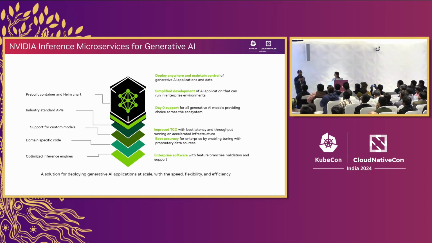And then after that, you need to ensure you have the right model, you have the right inferencing engine, and you need the right model for the right GPU you have. That's a complexity, right? That complexity is what is being avoided by building NIMs, which is NVIDIA Inferencing Microservices, which allows you to just take the NIM and put it on your hardware. The NIM will automatically detect what kind of hardware you have, what is the capability of the hardware in terms of compute and memory, what driver is required, what model will be run there, etc. So that's what NIM is about. And basically, it is to give you improved TCO, day zero support, and also simplify your development.